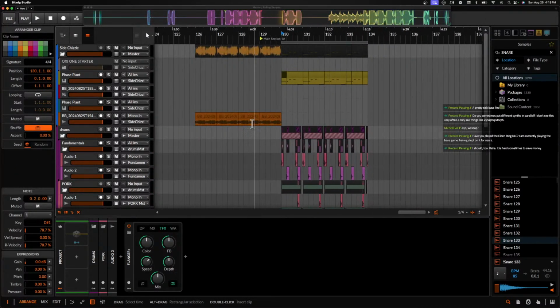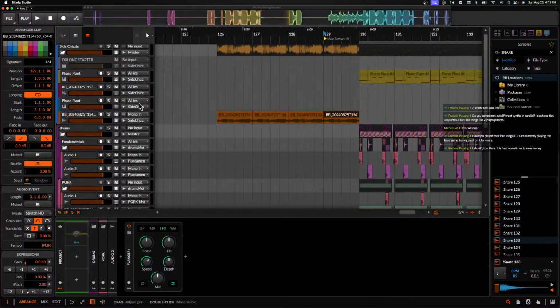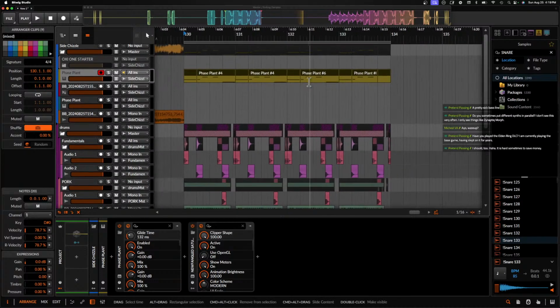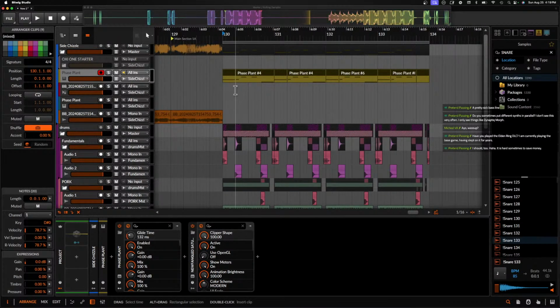Now what I want to do is see if we can go back into the normal Phase Plant thing, because we have this melody, which is really cool, but I want there to be some kind of complement to